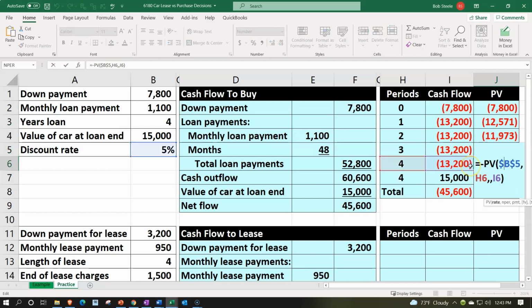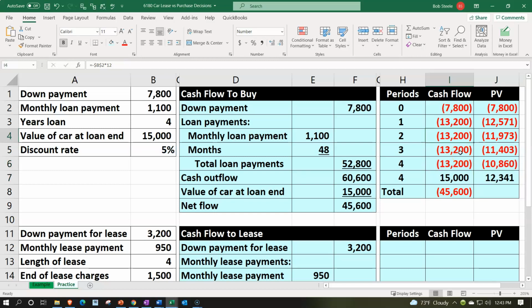On period 4, we had that last outflow. Well, let's do it down here. If we got the 13.2 2 years out, discounting it back, 5% for 2 years gets us to the 11,973. The 13.2 3 years out, discounted back 3 years, 5% brings us to the 11,403. The 13.4 discounted 5%, bringing it 4 periods back, 4 years, 10,860. And then we have the 15,000 value of it after this whole thing is over, after 4 years as well. 15,000, which we could sell it for, which could be a cash increase. And we discount that back 4 years,